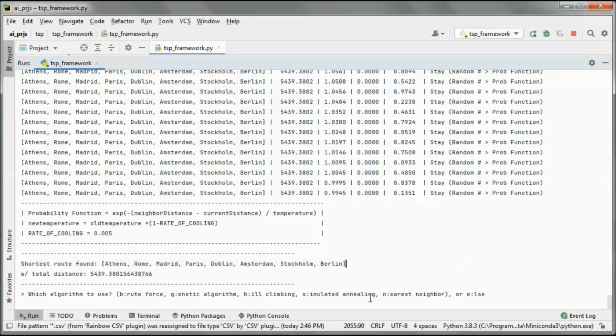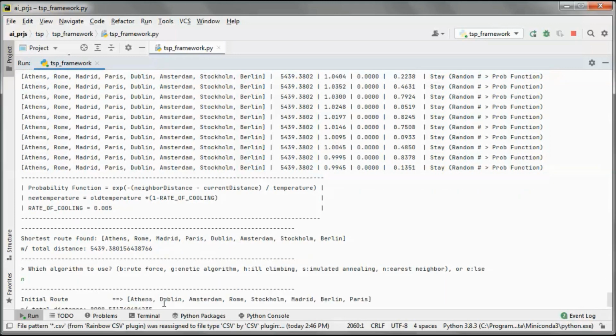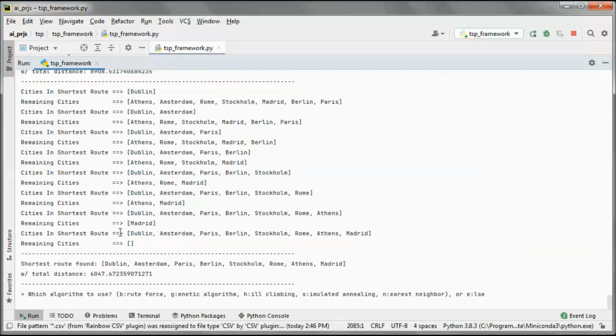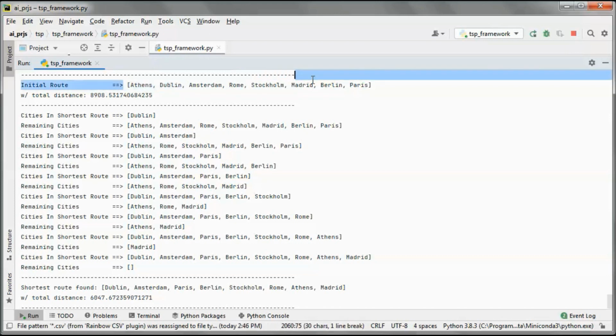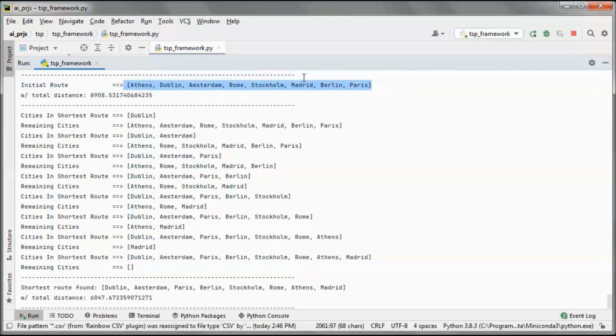And let's do the same thing, but now use nearest neighbors. So we ended up with this as the shortest distance. And here we started with this initial route, and we randomly picked a city from here, so it had this total distance.